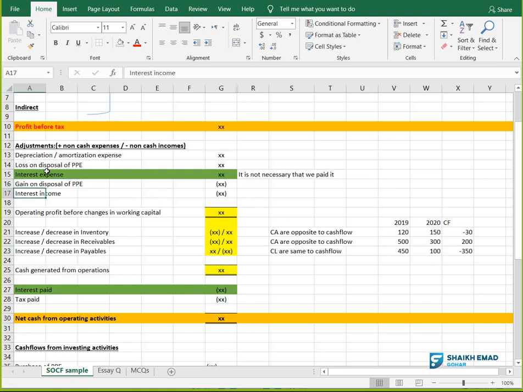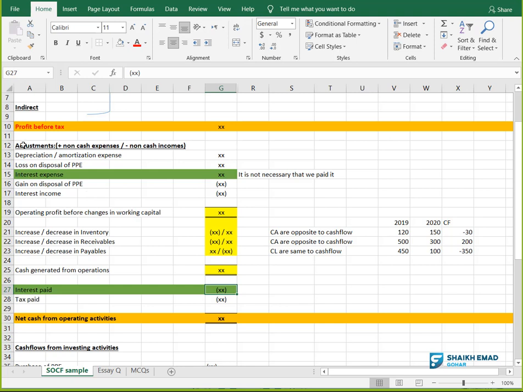Now, if you see here the green color, interest expense I have added back here, and below, interest paid I have deducted. So no matter if the same amount you have paid, you have to show this adjustment here. Because in the income statement we book interest expense on the assumption that it is on accrual concept. Getting it? So it is not necessary that we paid it. I have written for you also. Even if this is 100 and actually you also paid 100, no problem. You have to show here first of all reverse 100, then below here you can say minus 100.